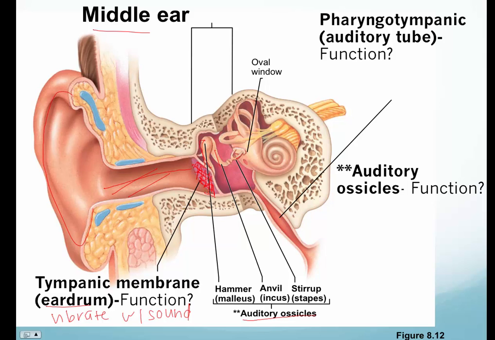The first small bone we have here is the hammer, also called the malleus. The second one is the anvil, also called the incus. And the last one over here is the stapes, also called the stirrup. Collectively, these will move in response to movement of the tympanic membrane. Another way we can write this is that they transfer those vibrations